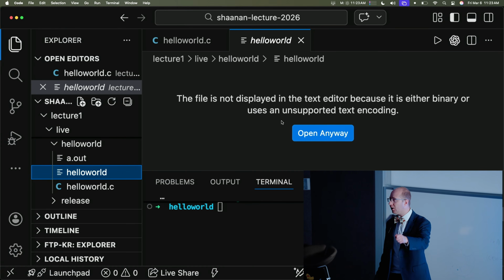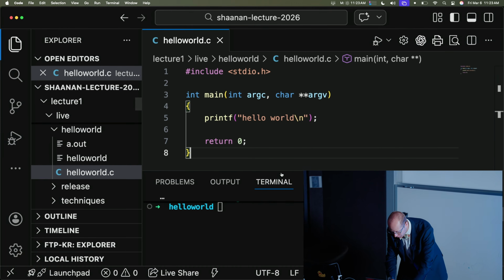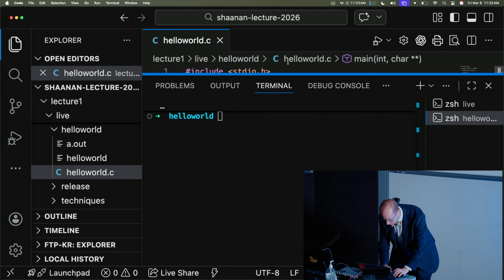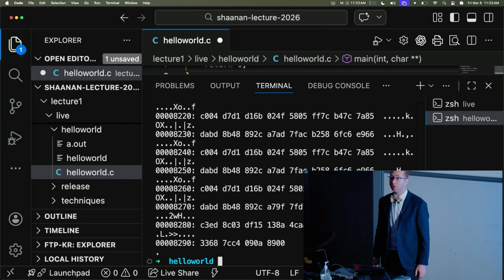So this is the result of giving our C instructions to the compiler. And I will actually show you for a second what this looks like. So this is what it would look like if I opened up those zeros and ones in base 16.